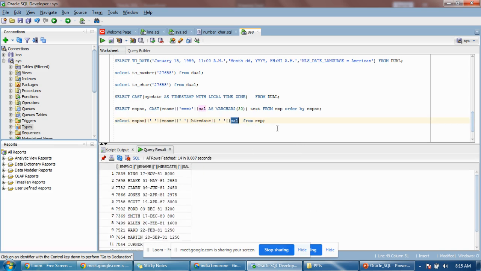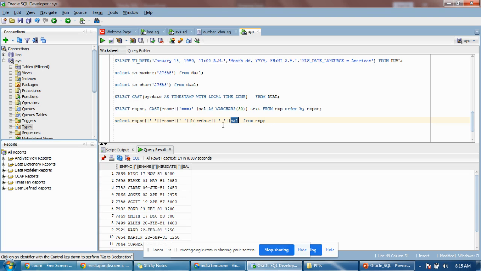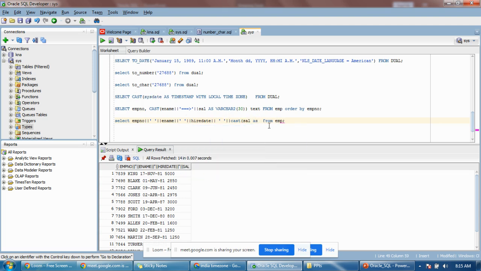But normally in other databases, you cannot combine number fields and character fields. A few databases will allow it, a few will not. If you want to combine, you have to convert into some unique format. People normally use varchar. Even if it is a date field or whatever it may be, varchar will accept any values. So for that you have to specify the casting. If the salary is a number, you will consider it as a varchar. Like that,